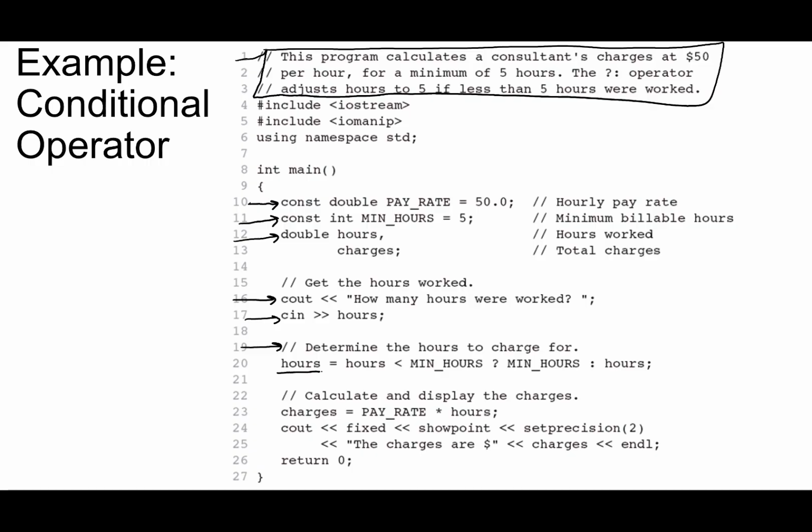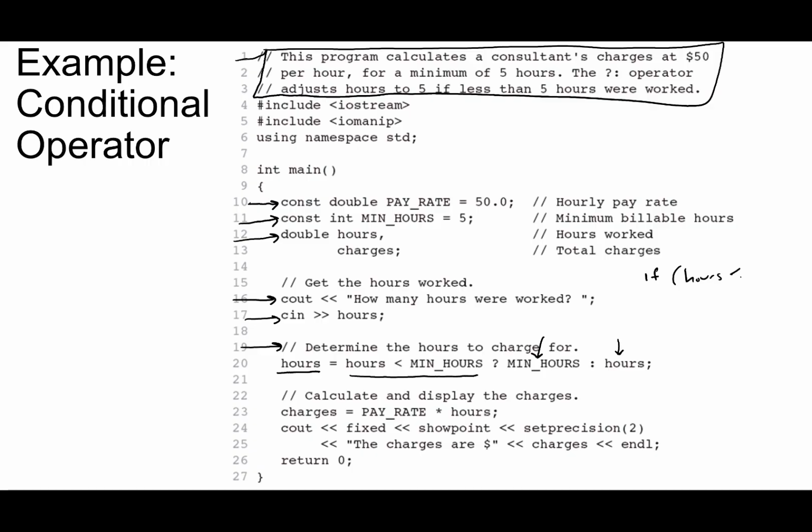So hours is equal to, and then this is our conditional statement, so is hours less than min hours? So in other words, did they enter less than 5 hours? If they did, then hours is going to equal min hours, and if it's greater than 5, hours is going to equal hours. So in other words, if we rewrite this conditional operator as an if statement, we have if